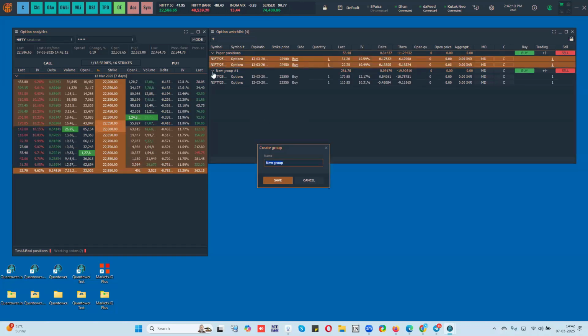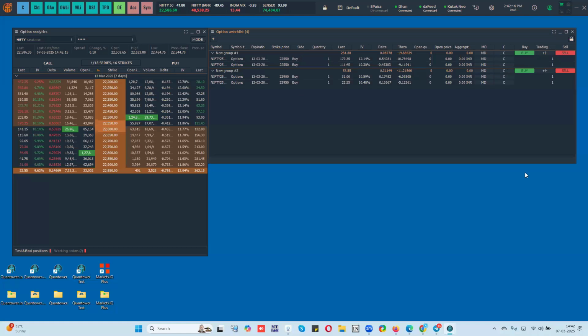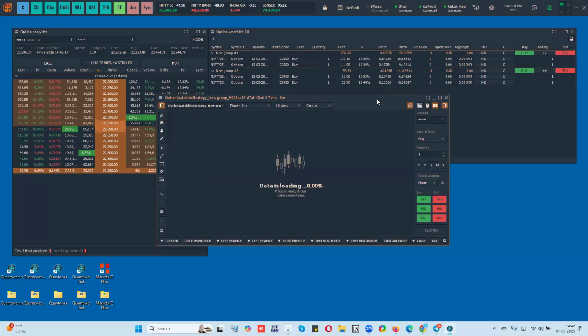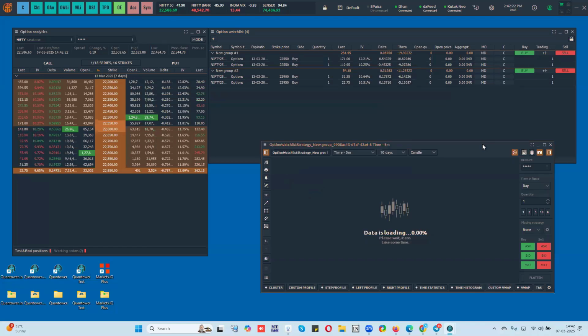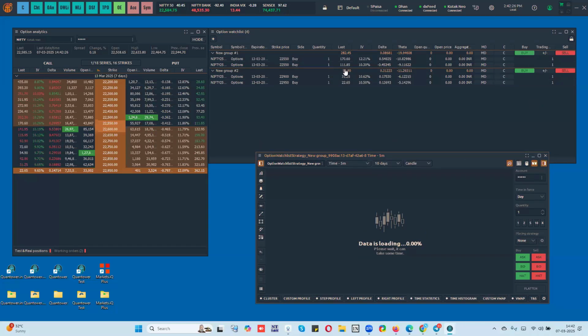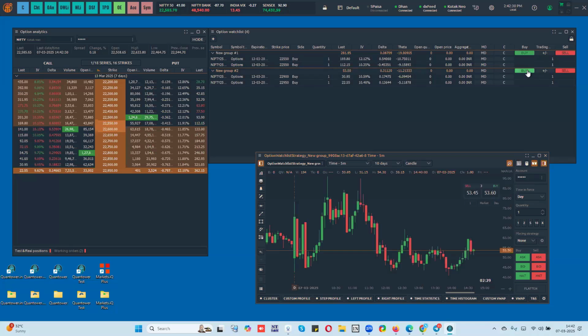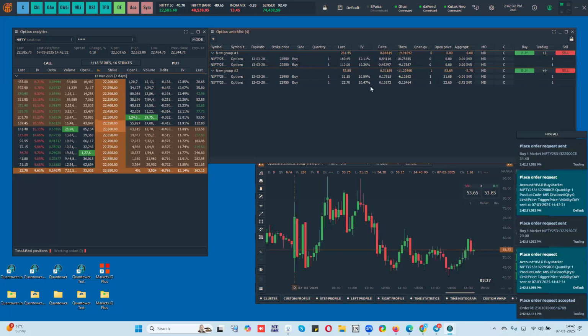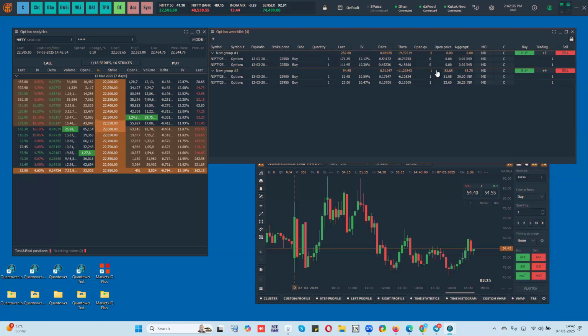So I saved that as a strategy. Now you can open this as a chart as well. So you get a tick level basket order chart. You can get a synthetic symbol chart for this as well, and you can place orders from here. Now I've created a basket where 53 is the price. If I want to buy at market, I can buy it, and both the orders went together. You can see that one lot is there for the basket, and two lot shares got executed.